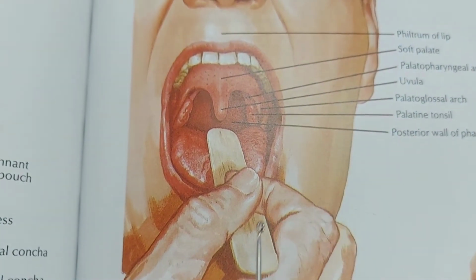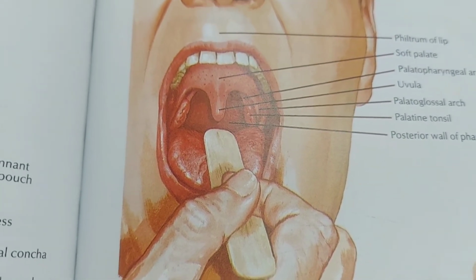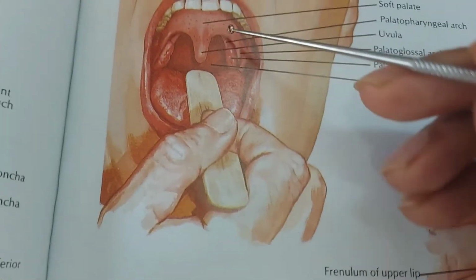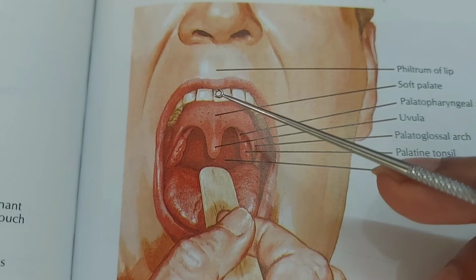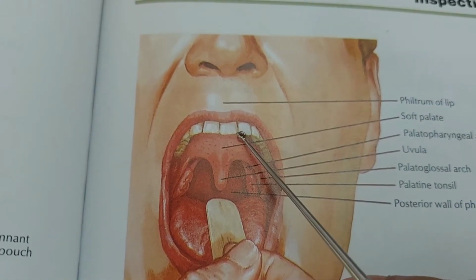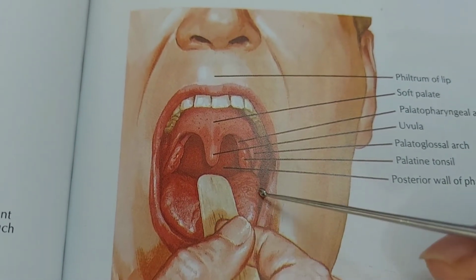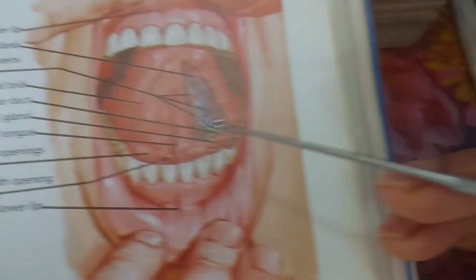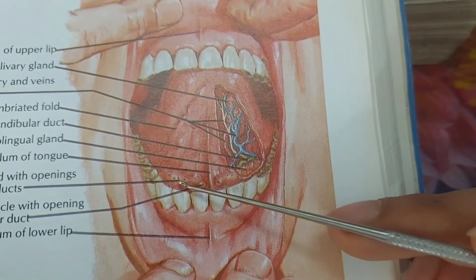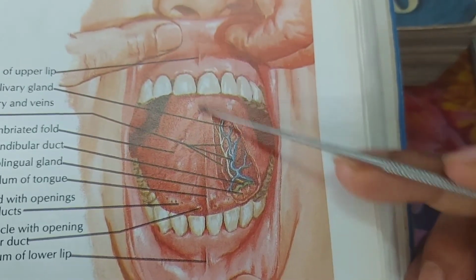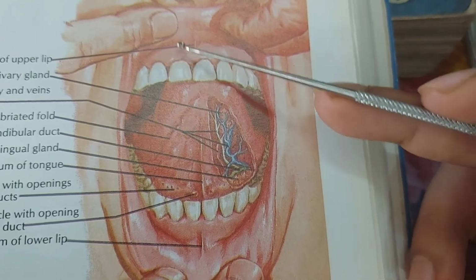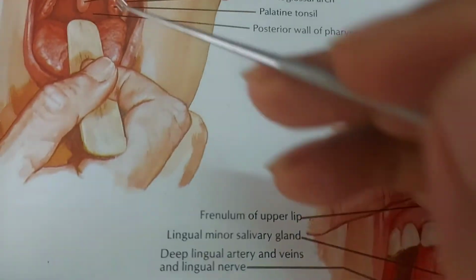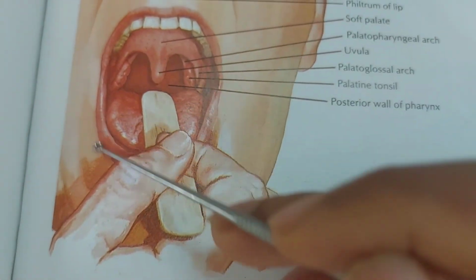Now we have to see the oral cavity proper. Here we see the oral cavity proper, some parts of the oral cavity proper. In this upper part, there is the hard palate, and in the lower part, we see the tongue. Underneath the tongue, there is the floor of the mouth. Here we can see a little bit of the floor of the mouth. Above there is the hard palate, and below there is the floor of the mouth. This is the boundary of the oral cavity proper, and we see that the main content of this oral cavity is the tongue.